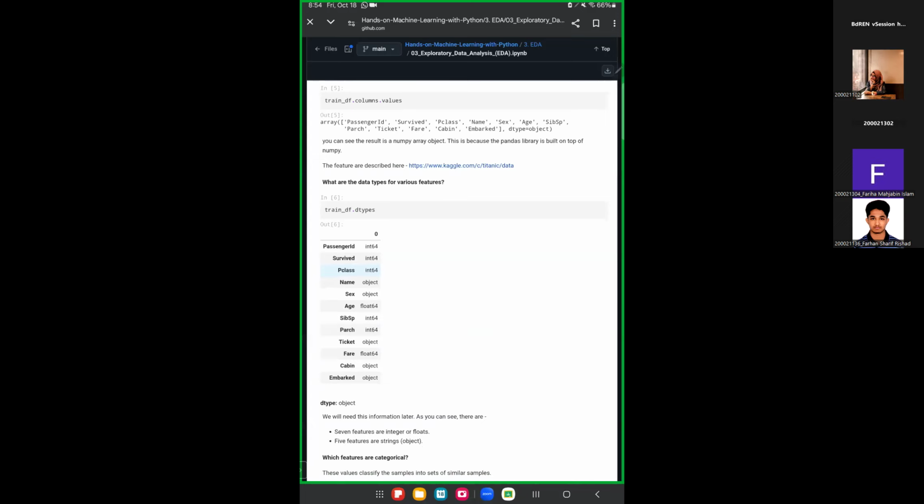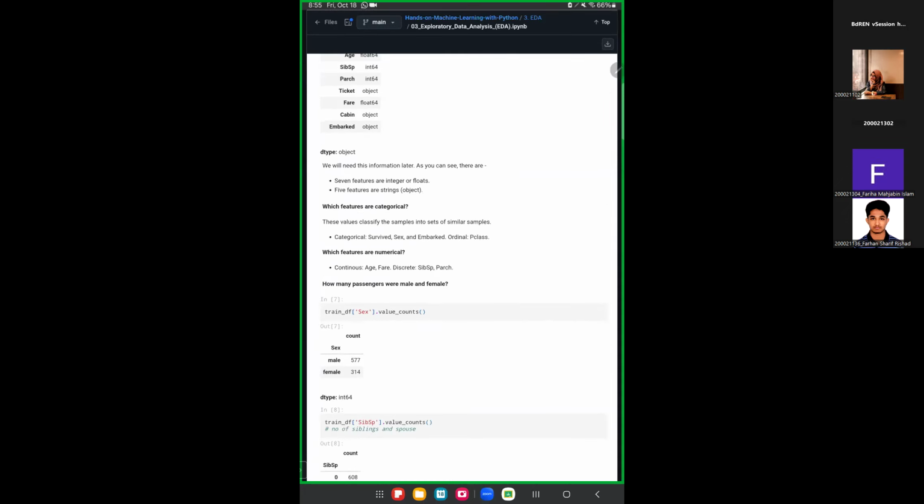Now we want to ask this question, which we will need. For instance, what are the categorical data type features? Categorical means different categories are there. For instance, whether the person survived or not, 0, 1, two categories. Then whether he is male or female, two categories. Embarked means where the person actually started their journey. And if you look into the data set,